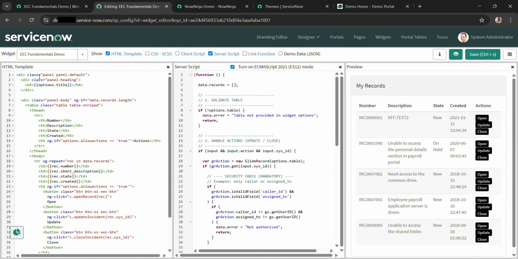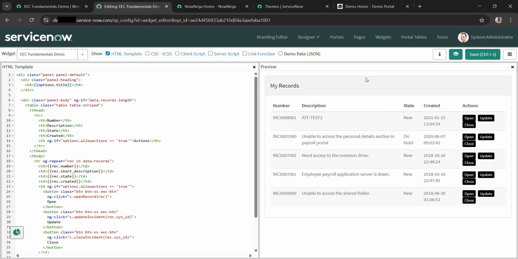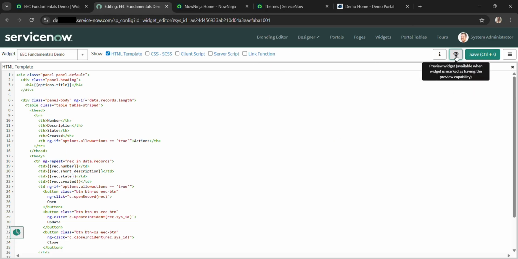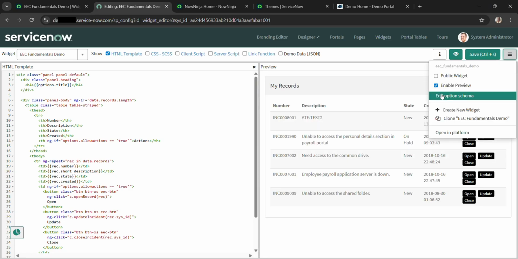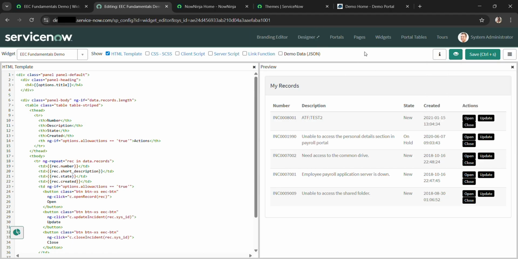So in the HTML column, let me close this. Here we have this preview button. If we click on this, it will preview. For some users, it's not there, so you can go here and make sure this enable preview is checked. Okay, so now here if you see, we have this table configured, and in the HTML block we can